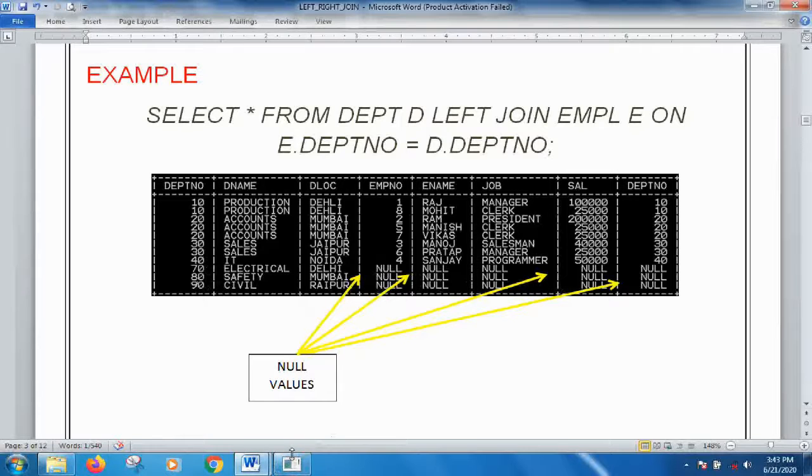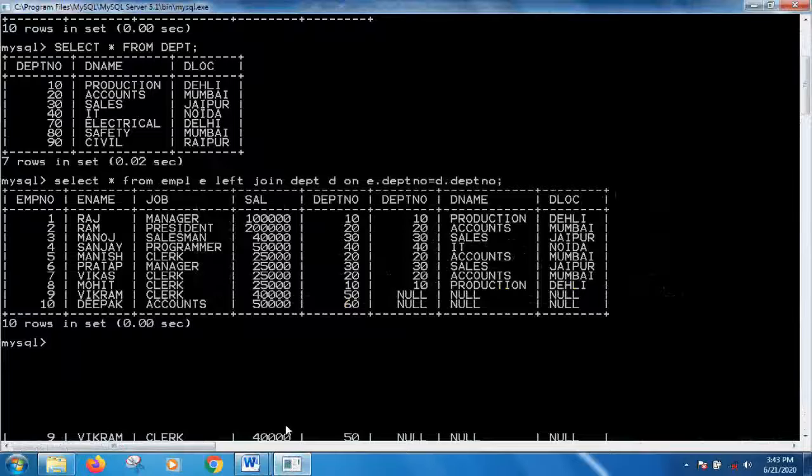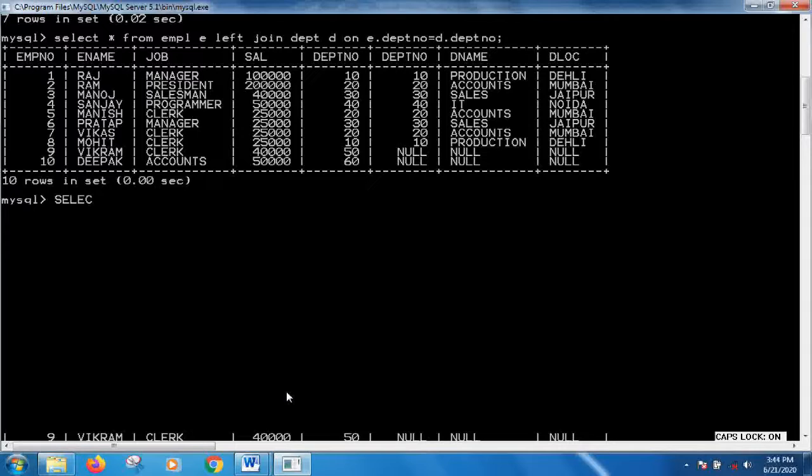Let me show you this practically. Suppose I am writing here: select star from department D, and again from department D I have to use the left join.